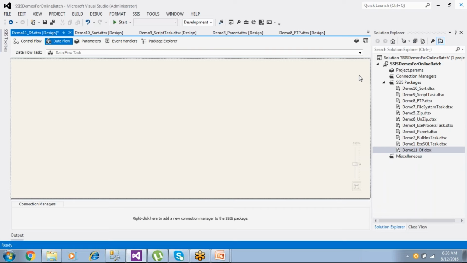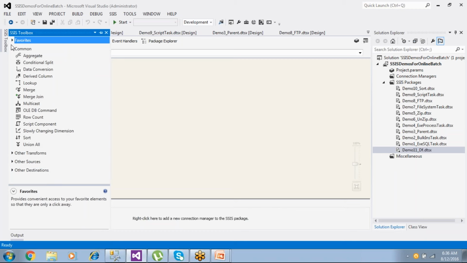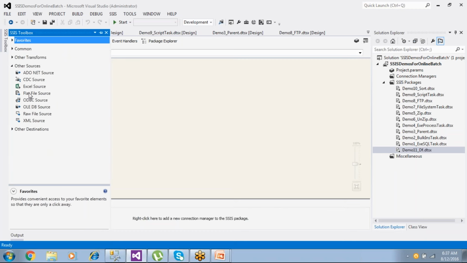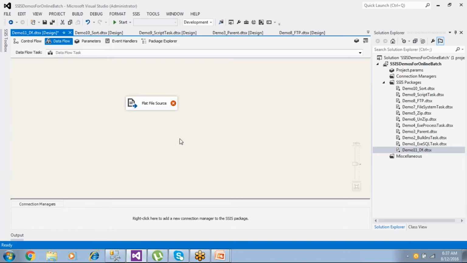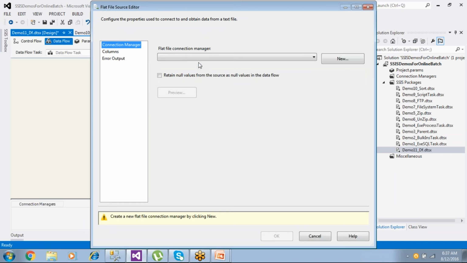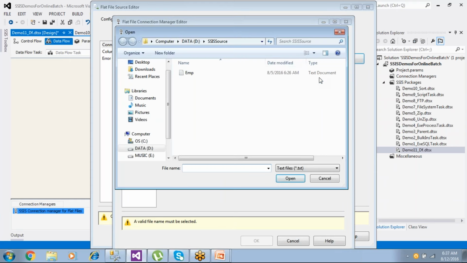Okay, so go here, drag and drop, right away, flat file source. Okay, and double click on this and flat file connection manager, click New, and you say flat file source and browse, and this is the thing I wanted to use. Click on open,